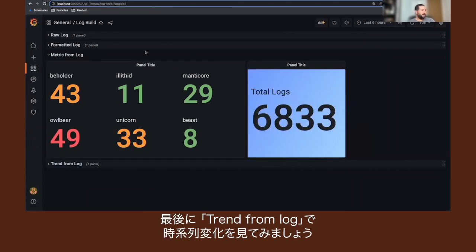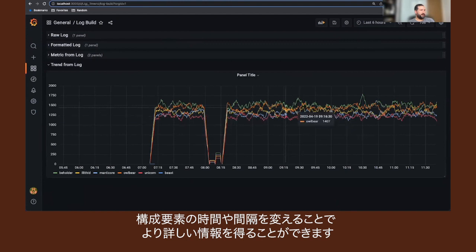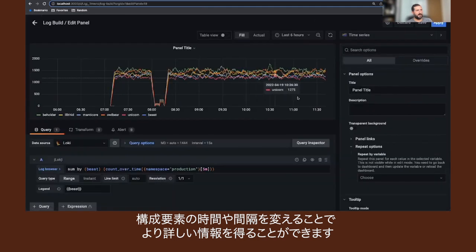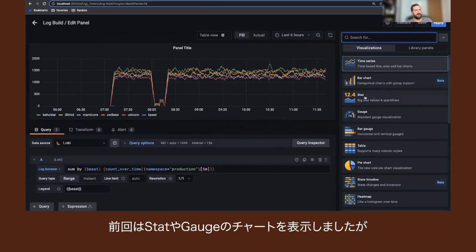And then lastly, what I want to look at is, how do I trend these over time, right? That's when we start getting into a little bit more detail. This is all of those same components, but I wanted to trend them specifically over time into different intervals. That's the exact same thing as we just did, whereas we were looking at the stat or gauge chart for those previous values.